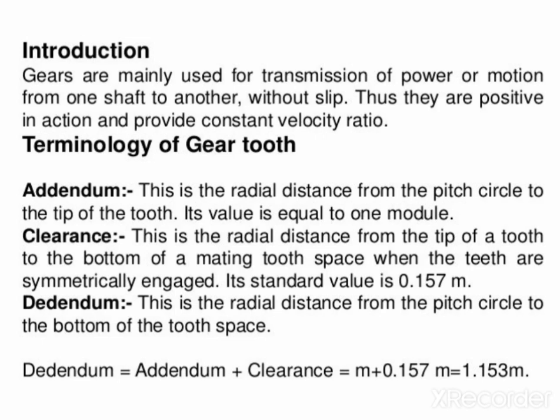Spur gears: we all know these gears have their teeth parallel to the center line of the gear. Hence they are used for transmitting power between two parallel shafts. Then helical gear: in a helical gear the teeth are cut at an angle with the axis of the gear. These form a helical path around the gear. So these gears can be used for transmitting power between parallel shafts or non-parallel and non-intersecting shafts also.